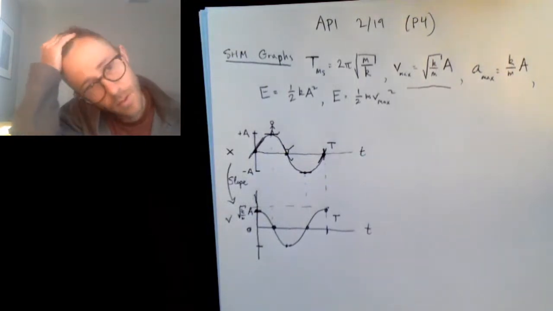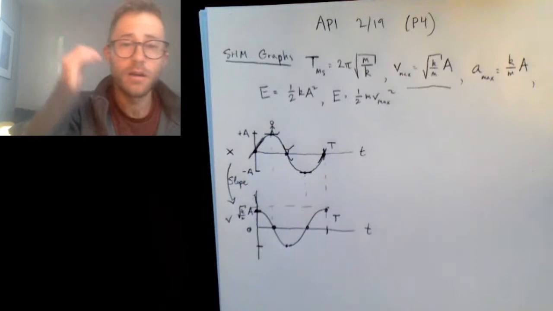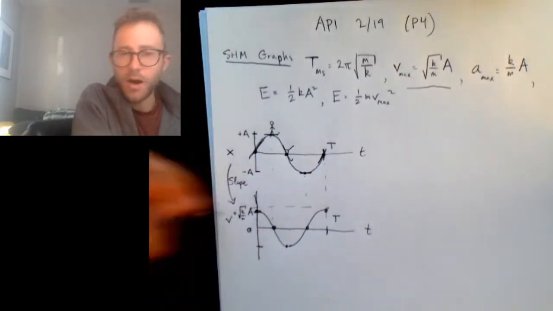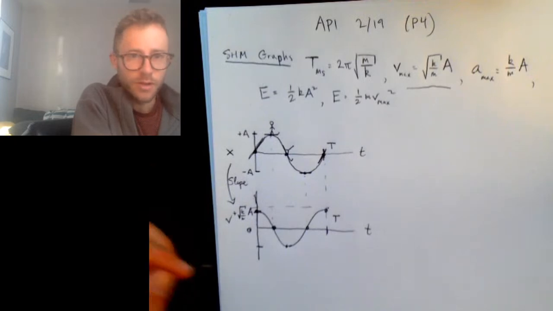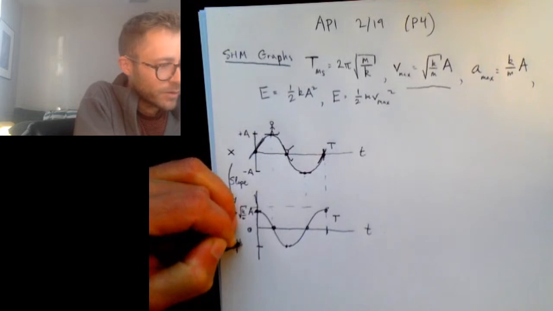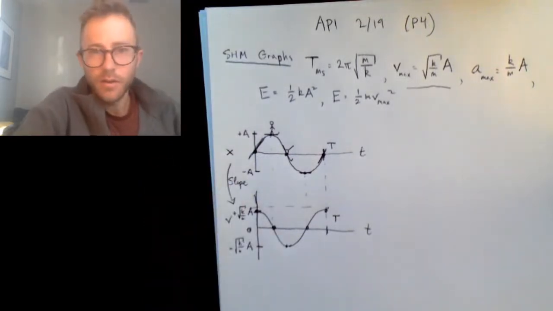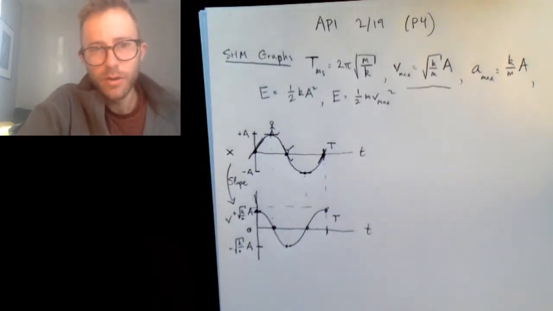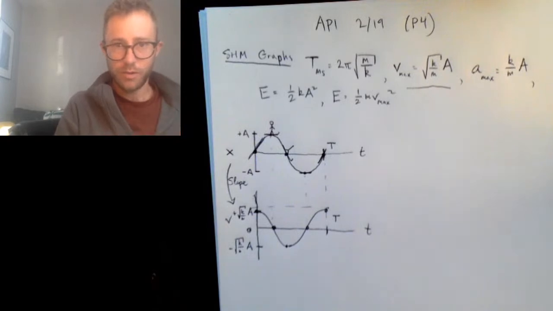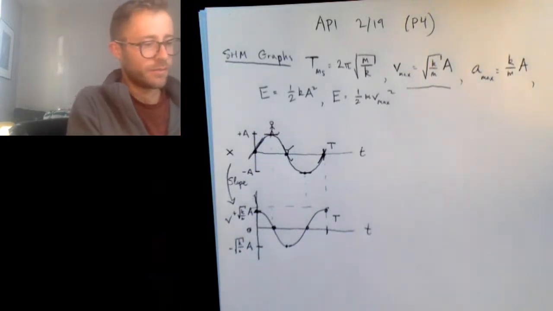Okay? And then if it goes up to positive square root of k over m times a, it's going to go down to negative square root of k over m times a. All right? So when we're making simple harmonic motion graphs, what you want to do is pick